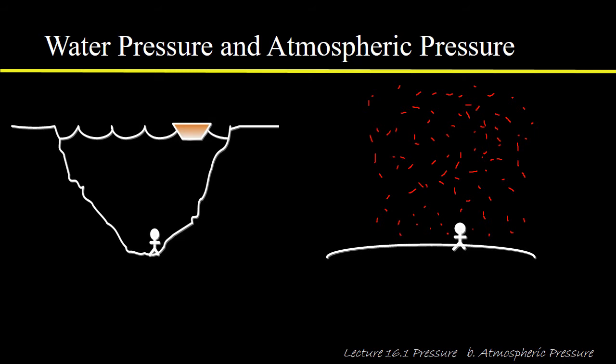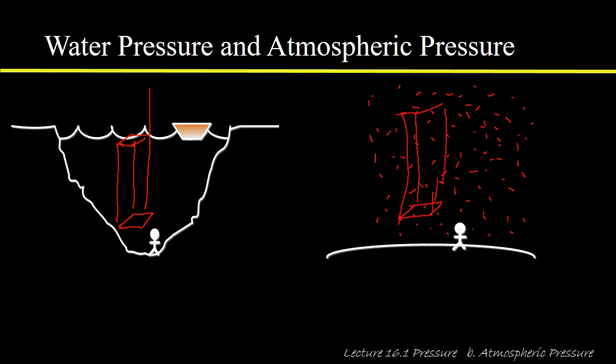Just like the liquid here creates weight, which generates a pressure at the bottom of that lake. All of the air above us here also has weight, and that creates a pressure that is exerted on us,